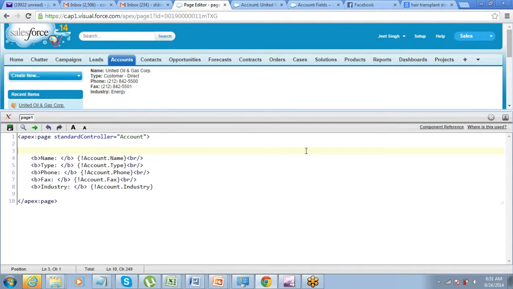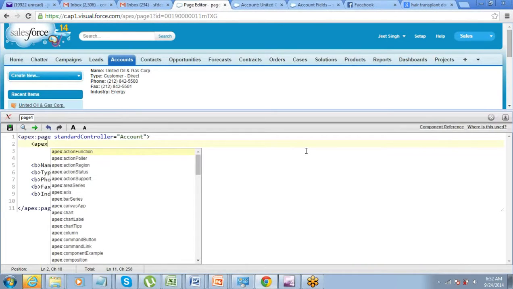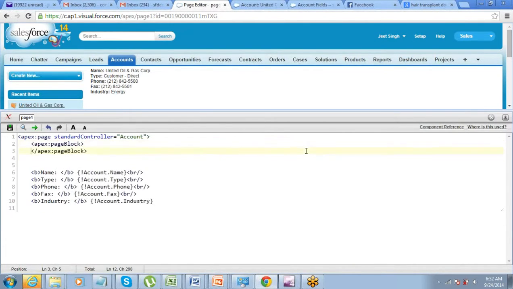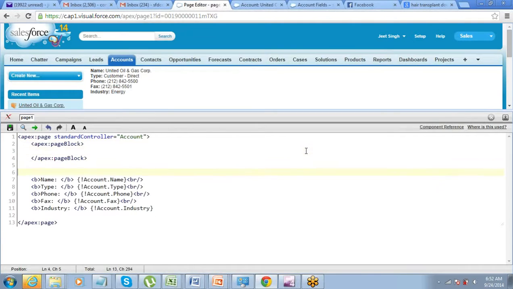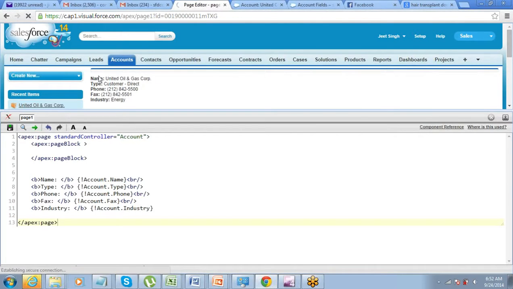So this is my page. Alright. So if on this page I need a section, small section here, I can create a page block. So page block actually allows me to have a small block, and I can put my data here.